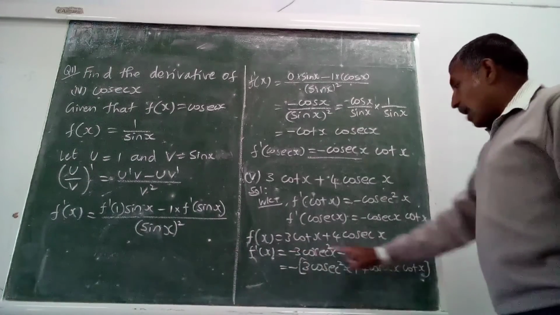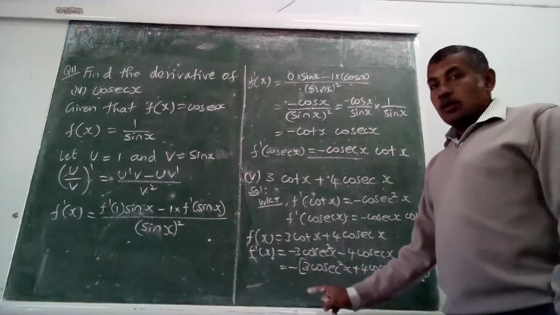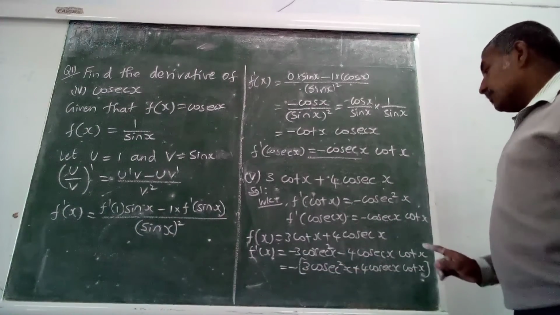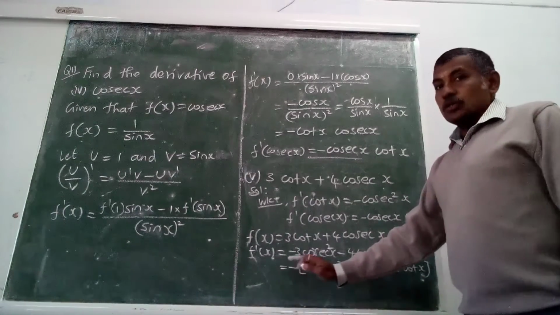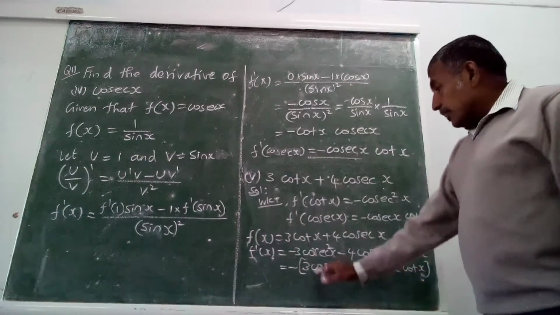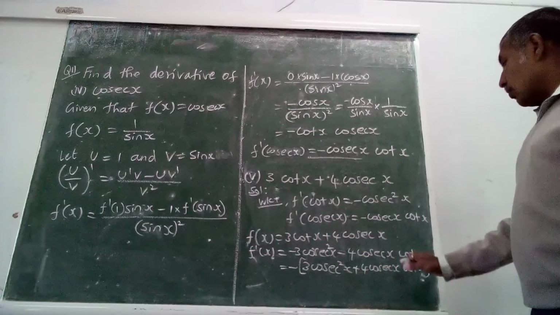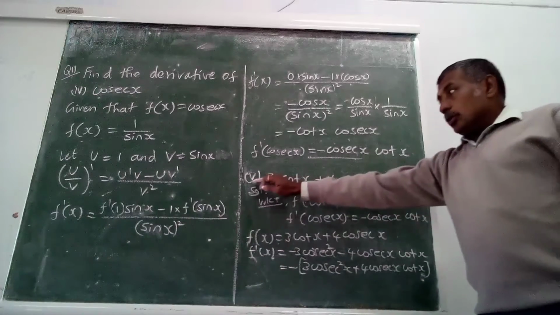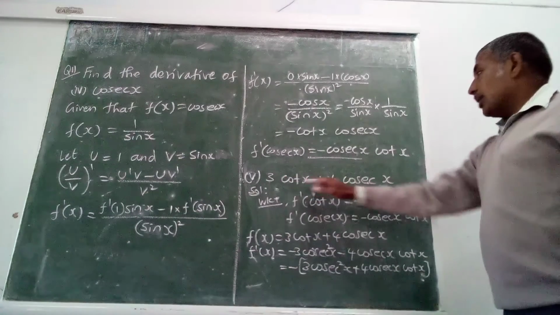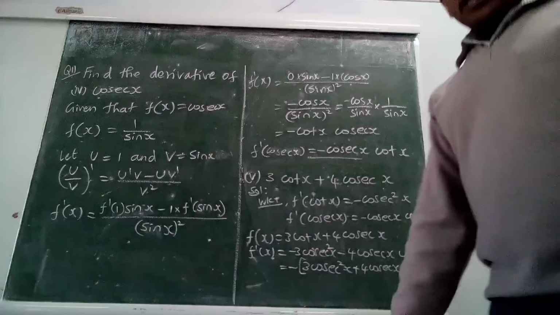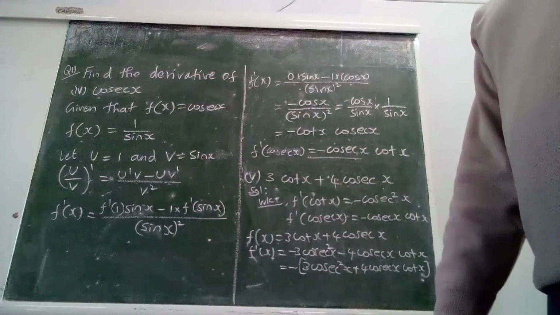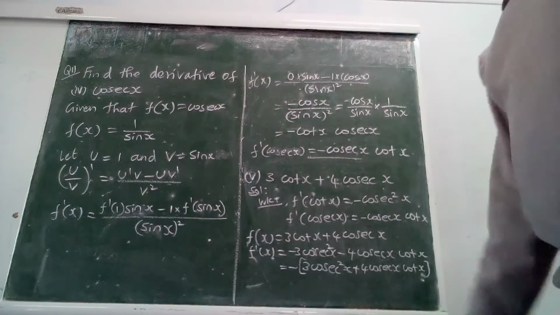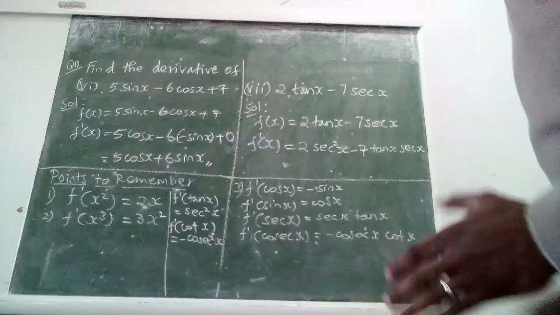Both terms have a negative sign, so I take the negative sign out commonly. I get minus of 3 cosecant square x plus 4 cosecant x cot x. Or I can take minus cosecant x also as a common factor out, then I get 3 cosecant x plus 4 cot x. Either way I can do it. So this is the required result for question number 5. Hope you understand well. Let's see the remaining 2 questions from the same question number 11, exercise 13.2.